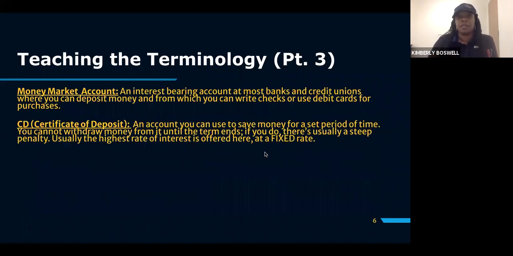Well, that's my personal experience. So the two accounts that I want to place focus on are money market accounts and CDs. So these two accounts, when you first go to a bank, they say checking or saving. They don't say money market or CD or anything, but these are two other types of accounts that you can